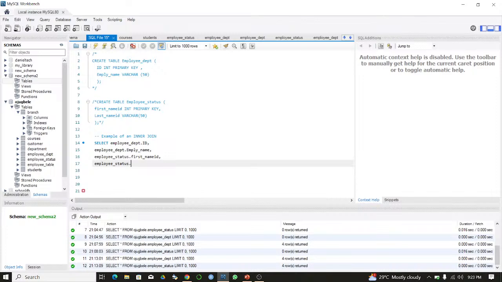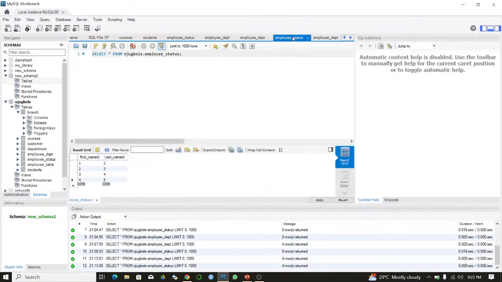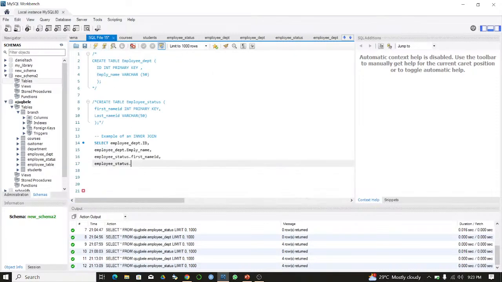Then what I have in my employee status, I will check: last underscore name, ID. I have it here already. So I'll now say that you should take it from